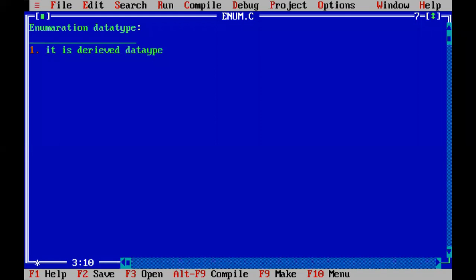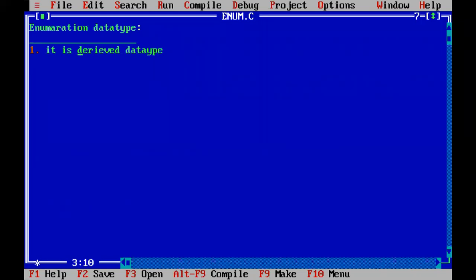Like in the first unit, we discussed types of data types, the primitive data types, and we discussed derived data types also. Under primitive data types, integer, character, float, those kinds of data types come.